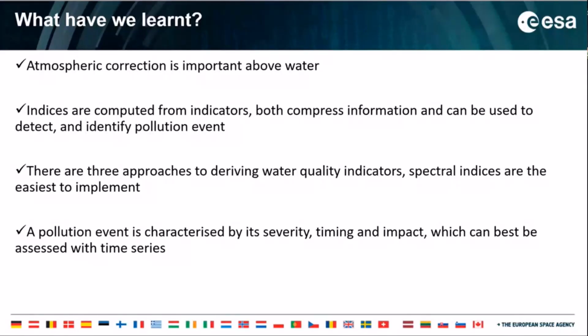When you have a pollution, you can actually characterize this pollution even using anomalies, because it gives you an indication of the severity, departure from the mean, the timing, and also you can calculate the impact if you wish. And this is better assessed with time series. Now we have finished